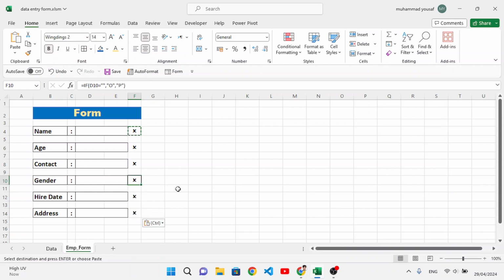So let's remove it from the gender, and we will merge these two for the gender like this. Let's add all borders. And for the gender, we will change the text color of these fields also. Okay, to change the text color for this,